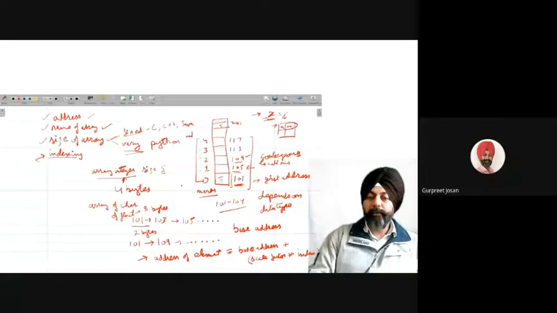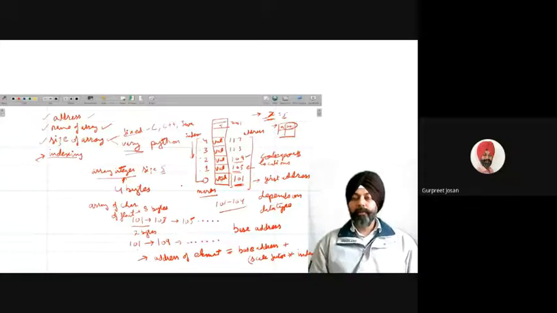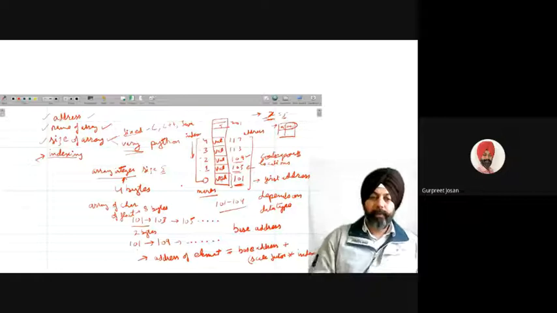On this side we have the index numbers, and these are the addresses, and these locations will contain the values. Now everybody gets what is address, what is value, what is index number, and what is the name of the array.